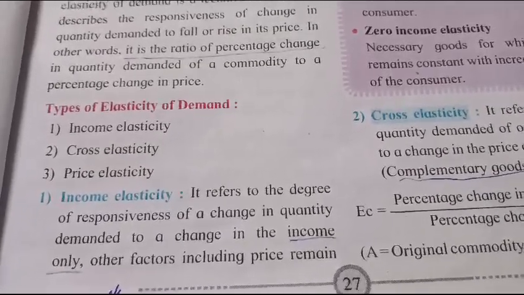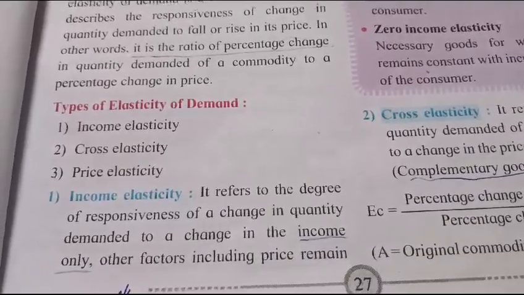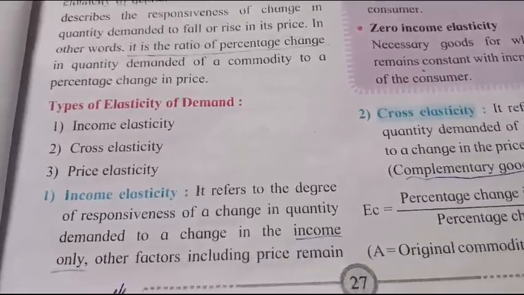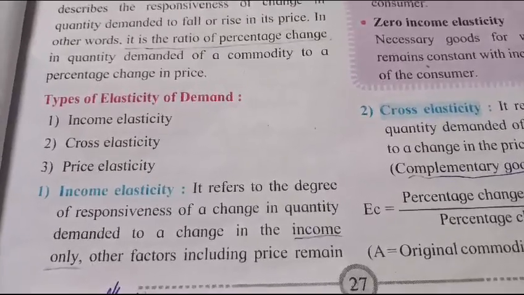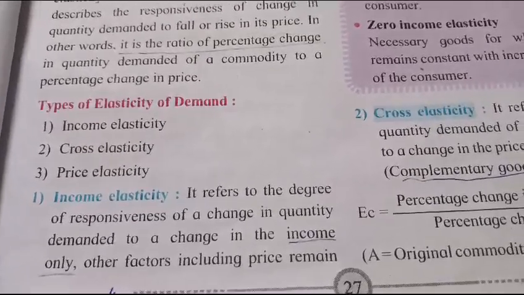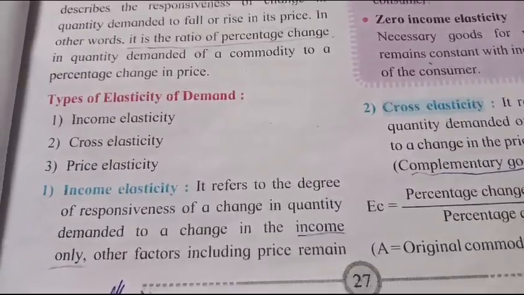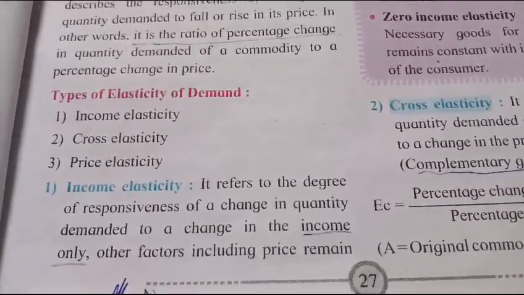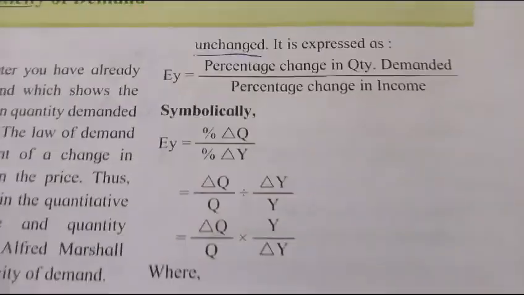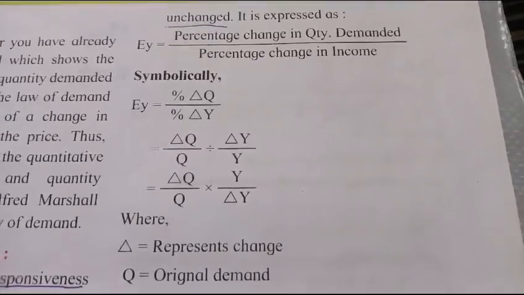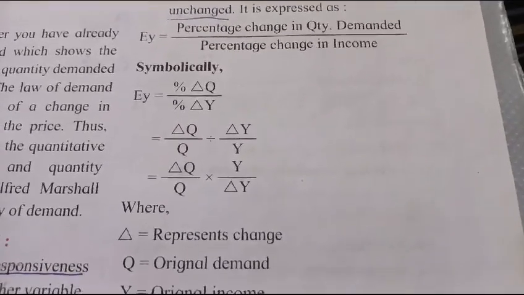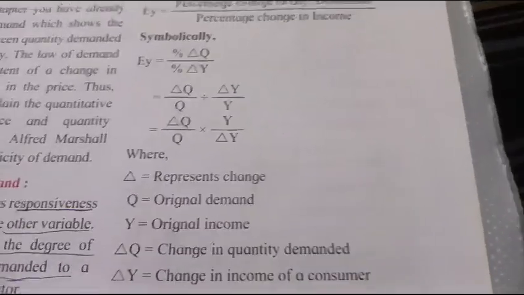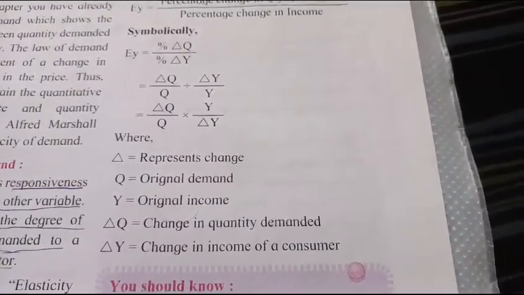Types of elasticity of demand. First, income elasticity. Second, cross elasticity. Third, price elasticity. First, income elasticity. It refers to the degree of responsiveness of a change in quantity demanded to a change in the income only. Other factors, including price, remain unchanged. It is expressed as EY is equal to percentage change in quantity demanded by percentage change in income. Symbolically,